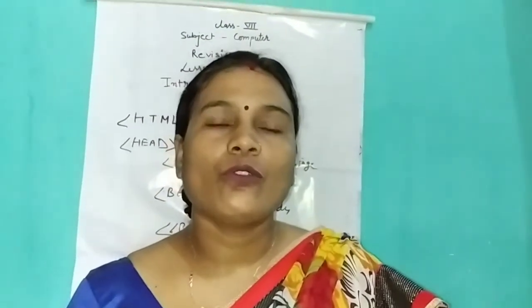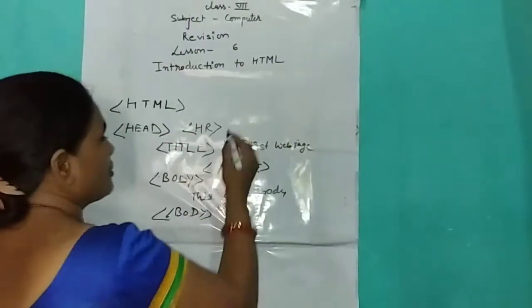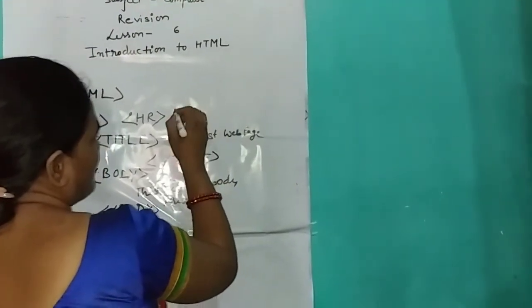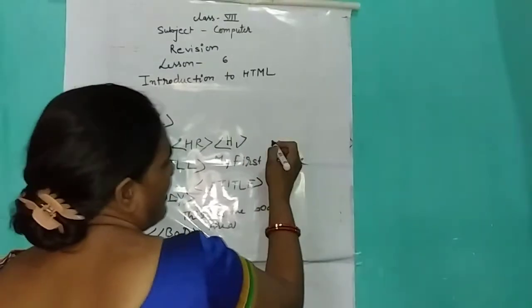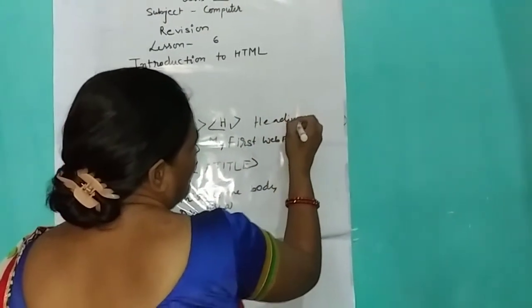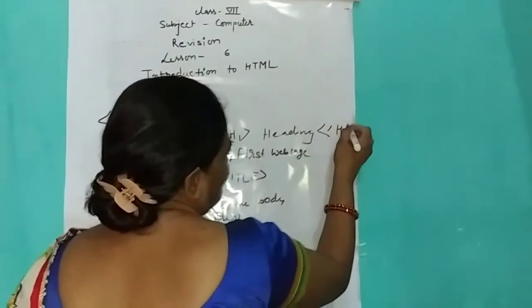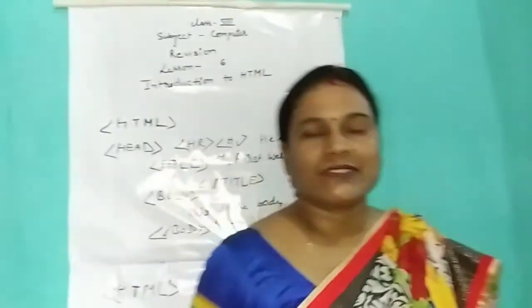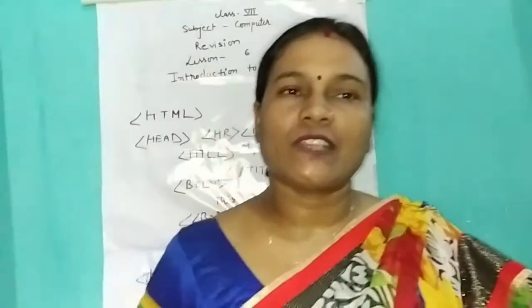Heading tag: if you want to declare content as a heading, then you can choose the H heading tag, H1, H2, H3. Okay, and there's a heading, H1 close. Clear? It begins from H1 and ends with H6. Okay, H1, H2, H3, H4, H5 and H6. Okay, like this. See, I already explained this to you in previous classes. Okay, children.